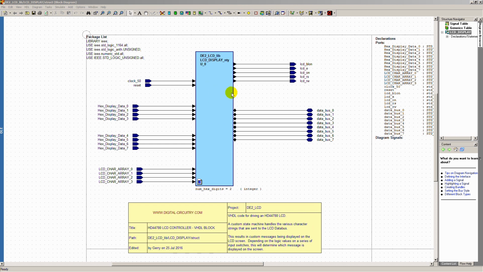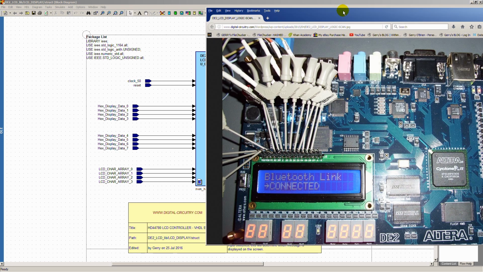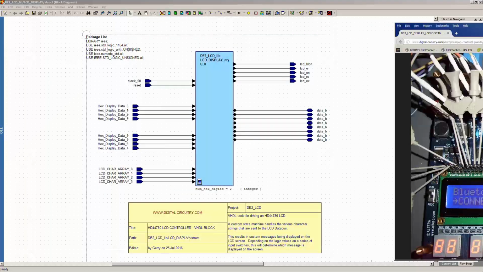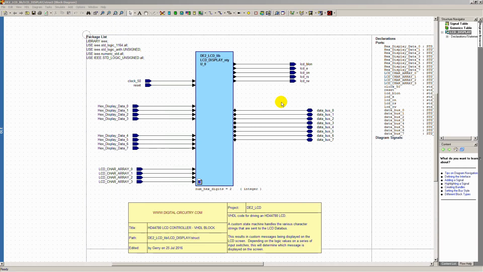Before we jump into the code, I'll bring in a shot of the Altera DE2 board here. The Altera DE2 board has a 50 megahertz clock crystal on the board, and that's the main source for any counting. It's essentially the reference clock that's used to drive any processes on the Cyclone II FPGA or any other process that you implement on the board. So with that in mind, let's move into the code now,